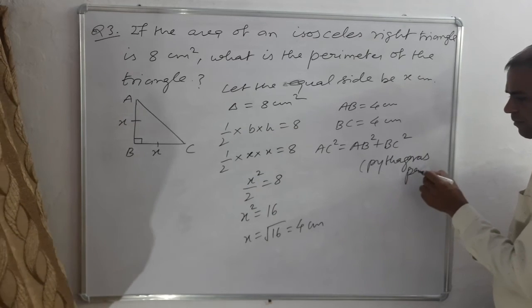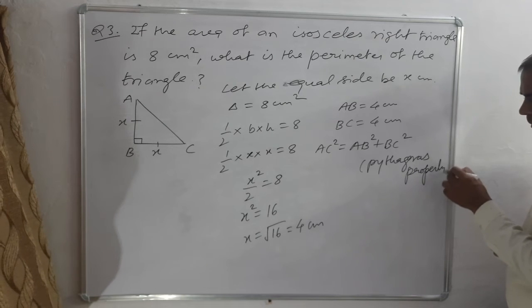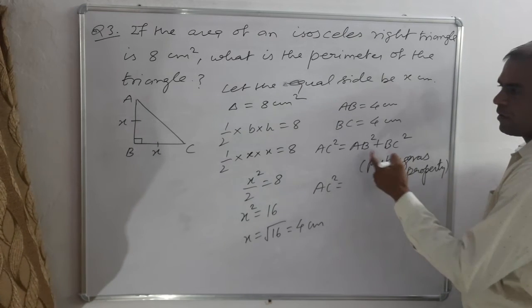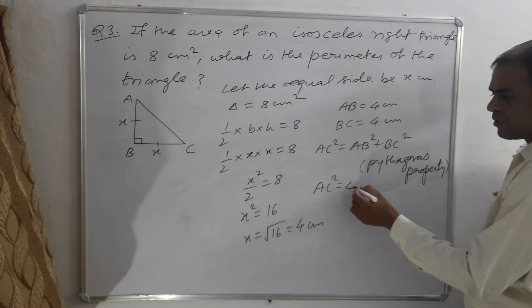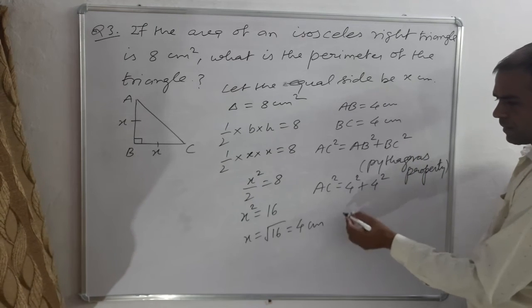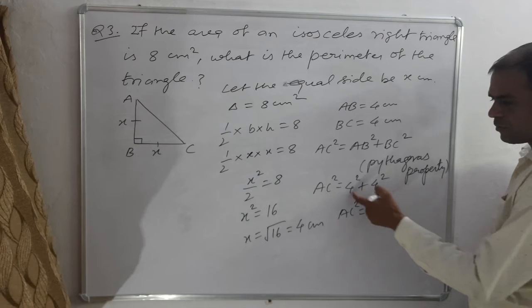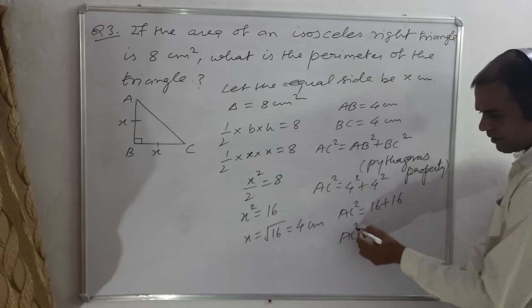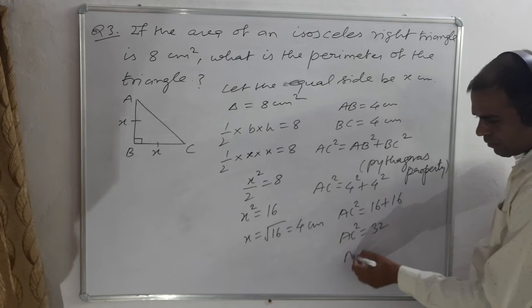AC square equals 4 square plus 4 square, and AC square equals 16 plus 16, AC square equals 32